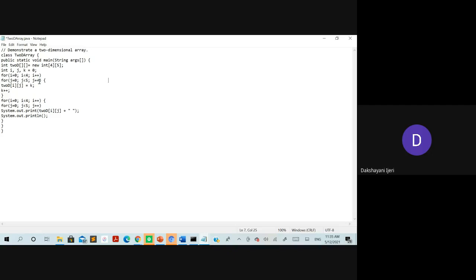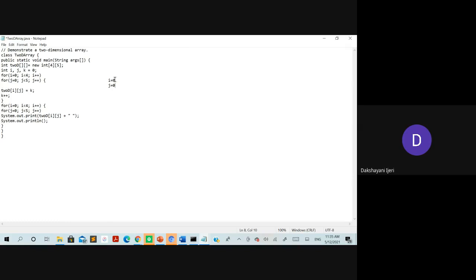I am going to explain this, so put in a little concentration here, right? It is going to start with this first for loop. For the first for loop, the i value for the first iteration is 0, correct? Then it will go to the next for loop, for which the j value is 0, and then it will enter into this for loop body, that is 2d of ij.